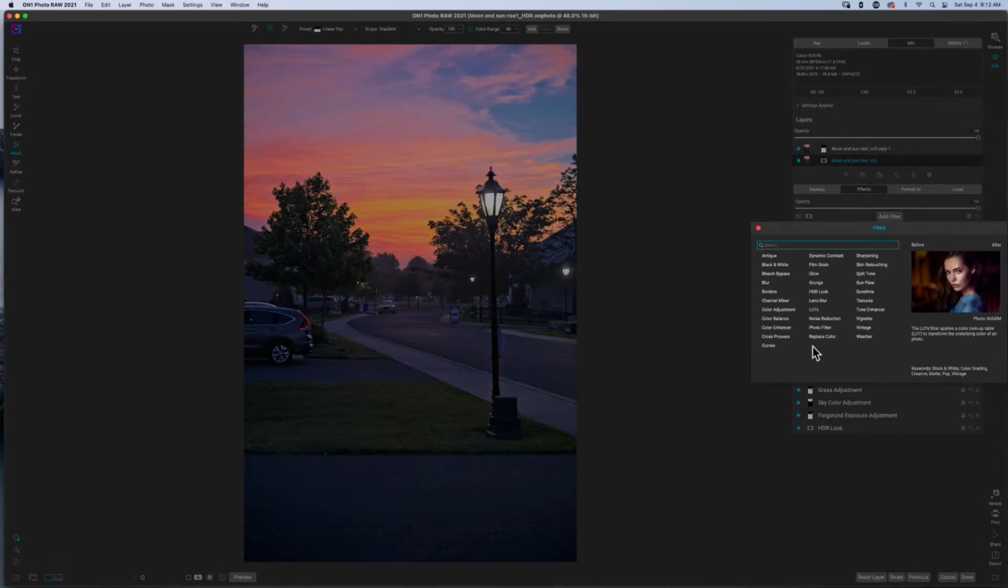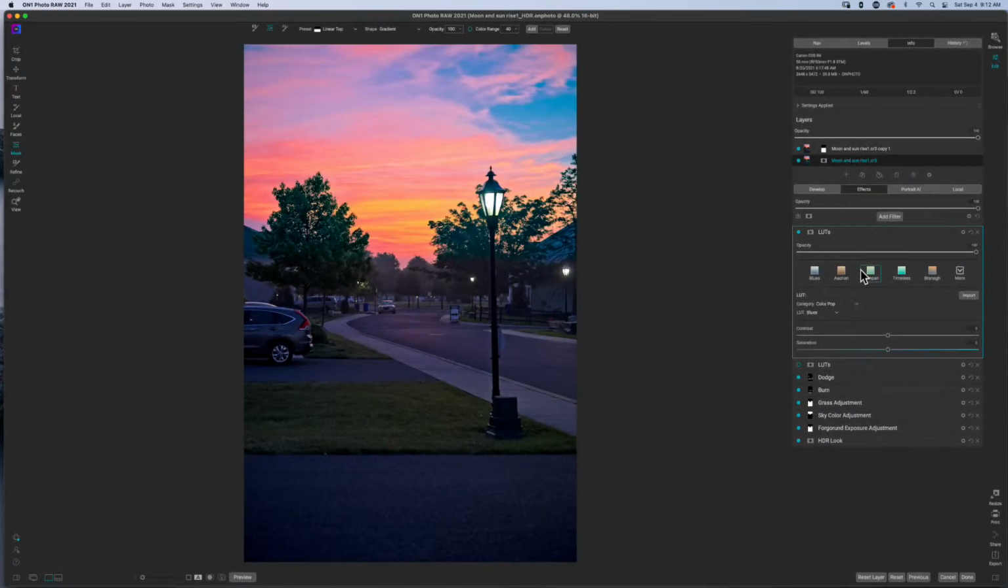All right. And we will go into travel LUTs and let's just find something. There we go. And you can see it's only affecting the top of the image. The reason for that is because only the top of the image is masked in, right? So